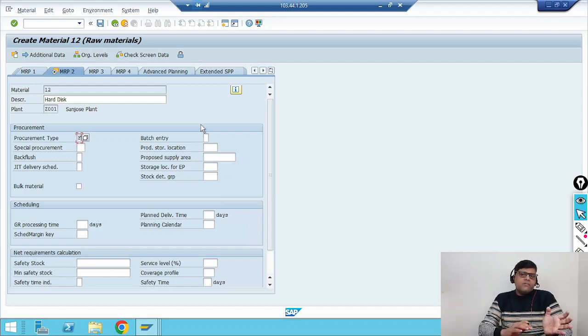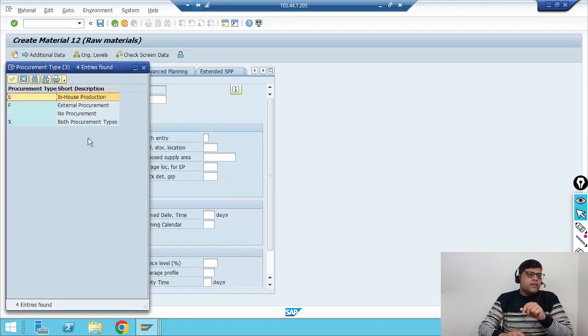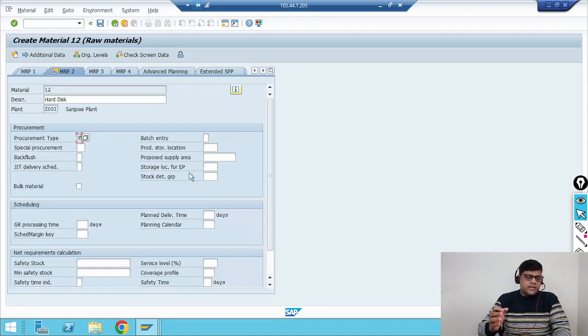Some materials maybe we will transfer internally. In that case, instead of F, we will go for in-house production, that is E. If it is both, then we will use X. But in this case, I have selected F. That means we don't have this material, and we are going to purchase it. Fine. So this is how these different fields are important. Now, if we check